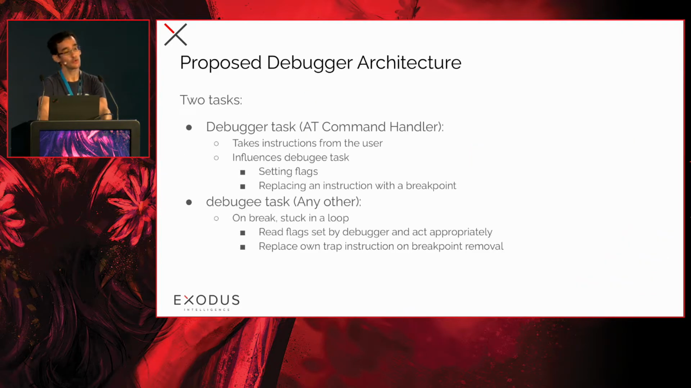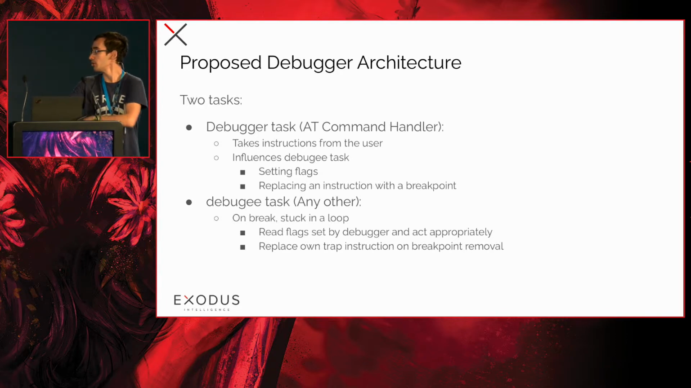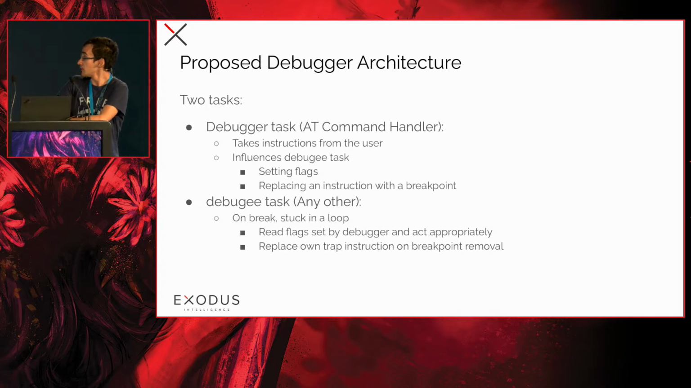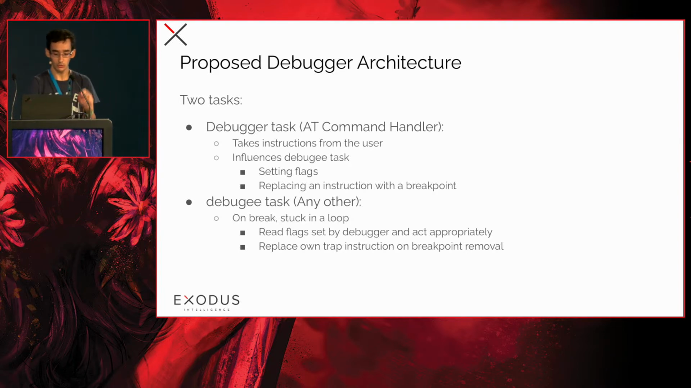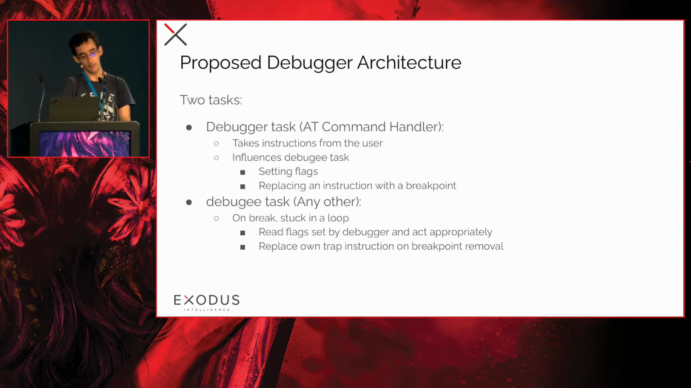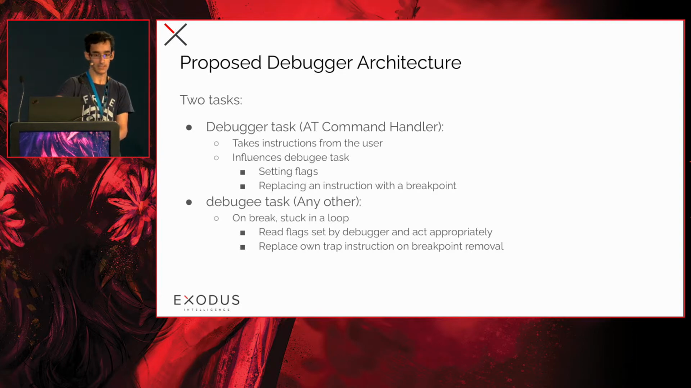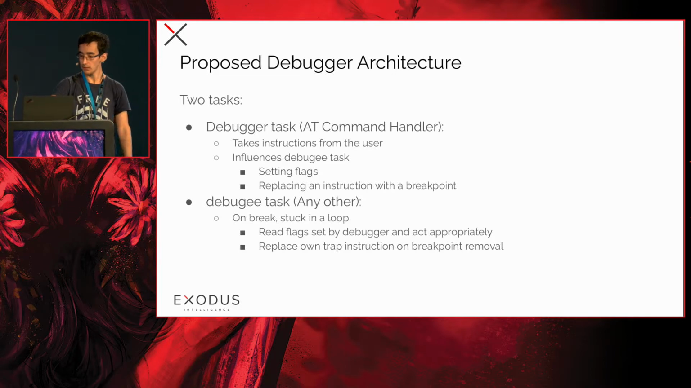So we are going to consider that when we're debugging a baseband, we are going to have two tasks at any point. First, the debugger task is going to be the AT command handler that we just overwrote, and it's going to influence the debugged task in two ways. First off, it's going to be setting flags in the debugger status block for the debugged task to act upon,